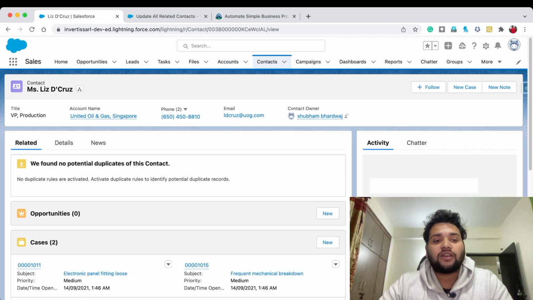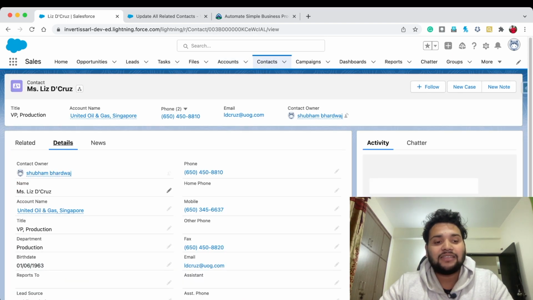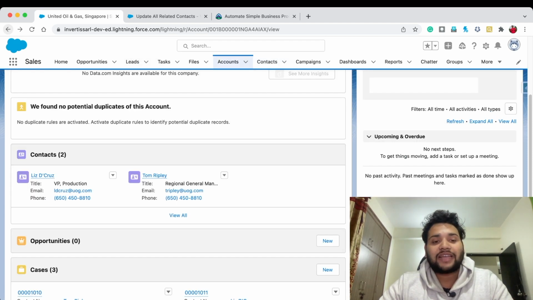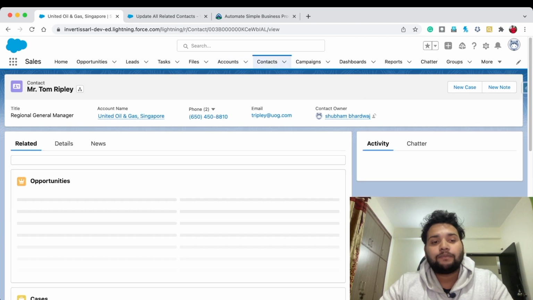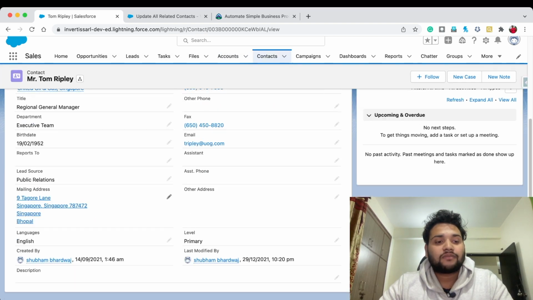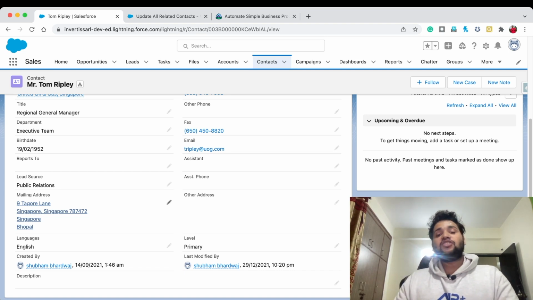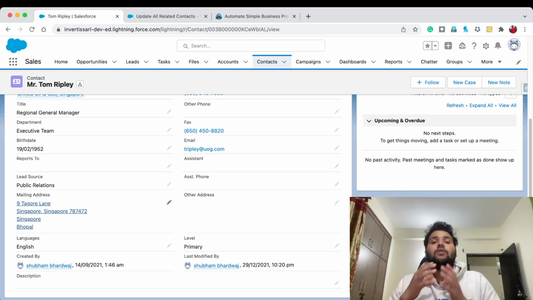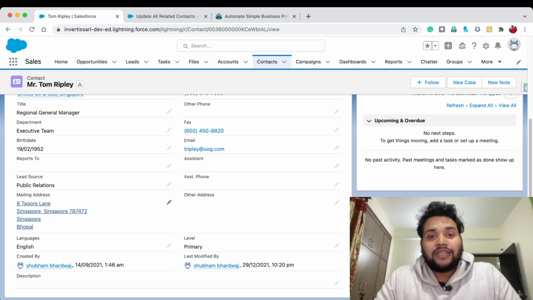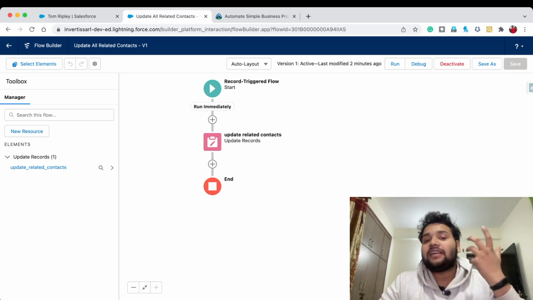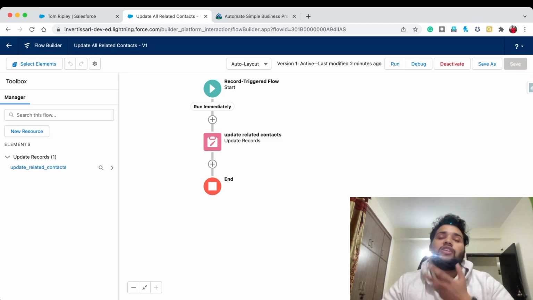So let's first click on the first contact and click on details, and here you can see Bhopal over there. So that means our flow is working fine. Let's check for the second contact, Tom Ripley. Let's click on details, and here you can see Bhopal is also appended over there. If you change other fields over there, those fields are also reflected in the same manner. Now that's how you can create a flow for your existing process builder.